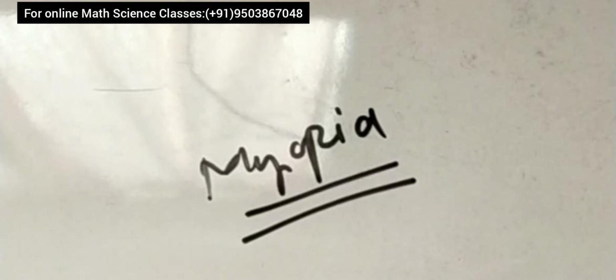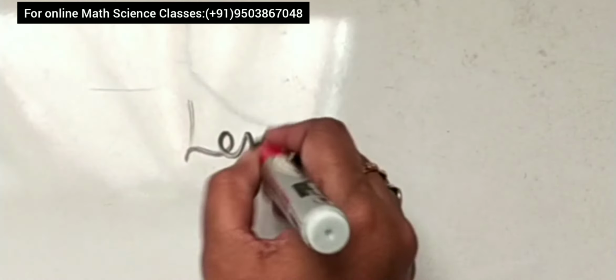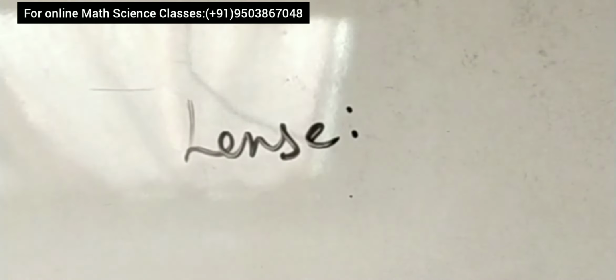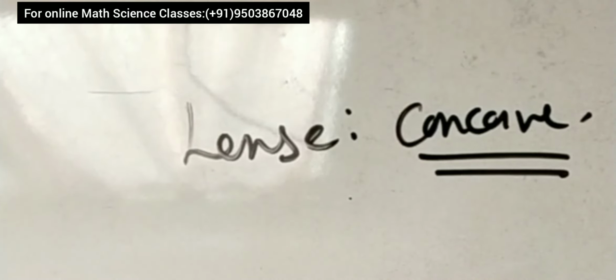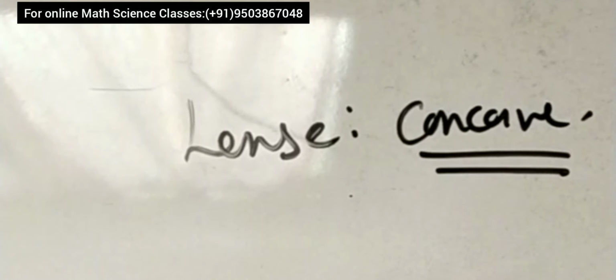And the distance is that the person cannot see objects beyond 3 meters distinctly. State the nature and focal length of the lens required to correct this defect. So which lens will we use? In this condition, as a remedy, which lens can we use? Yes, the lens we can use is concave. Very good. Concave lens. We can use a concave lens in this problem, and therefore what will be the focal length? How will you find it?